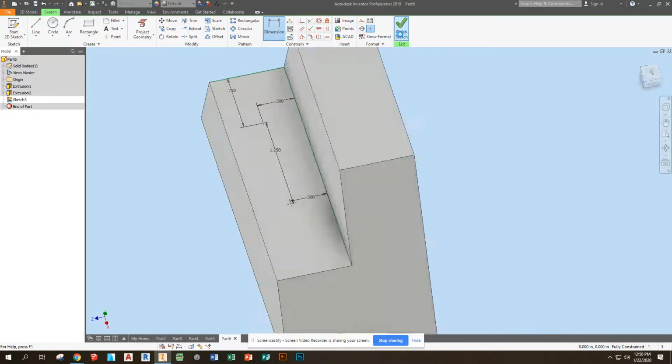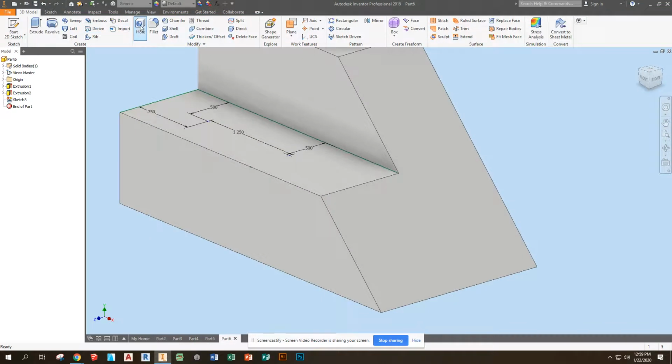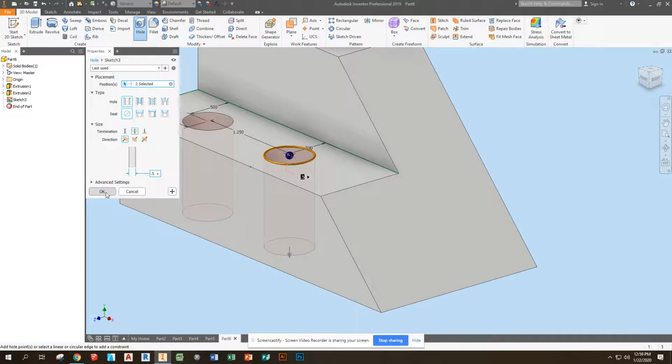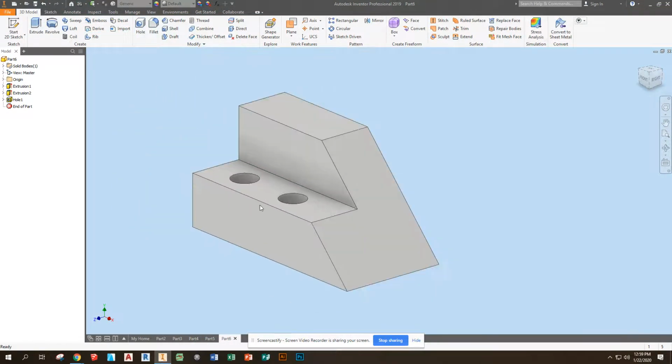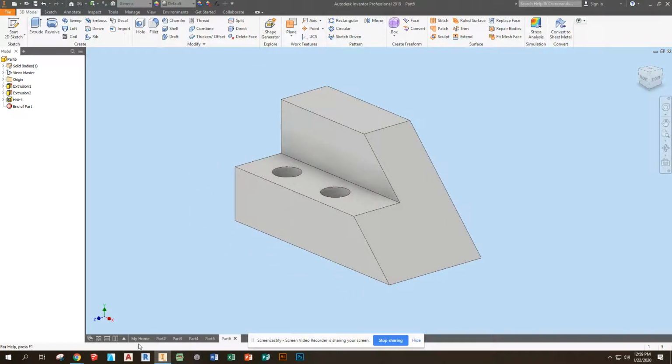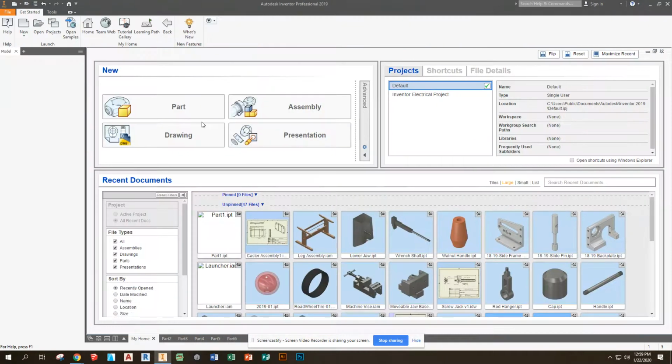So once I've got those, finish the sketch. Use the hole tool again. 1/2 inch all the way through all. There he is. That part is done and ready to move on. We're going to do one more, and then we're going to leave the rest of it up to you. So, part,